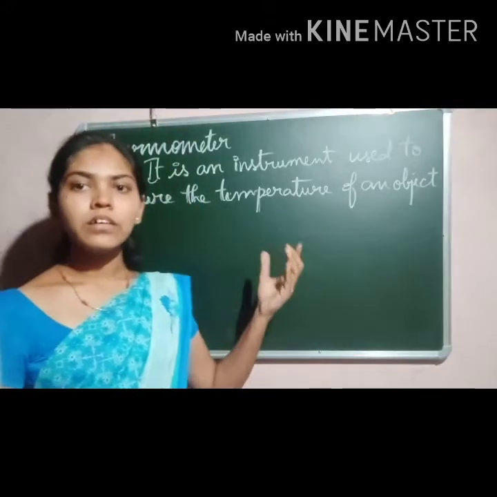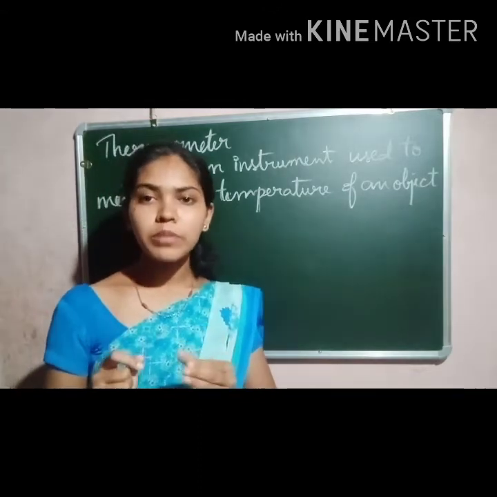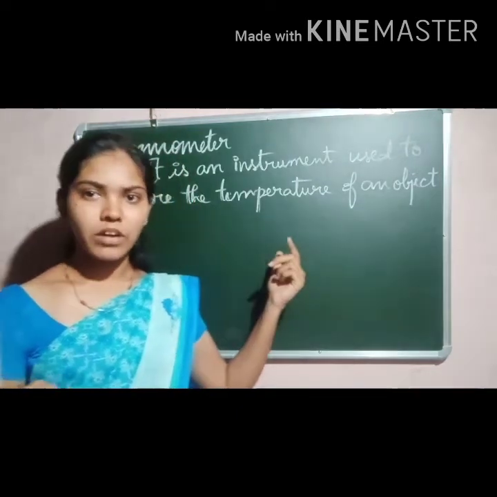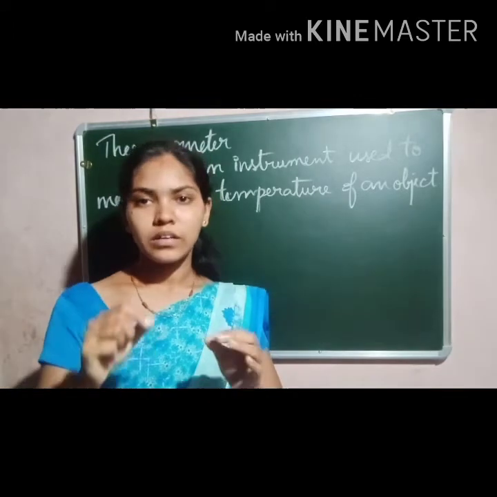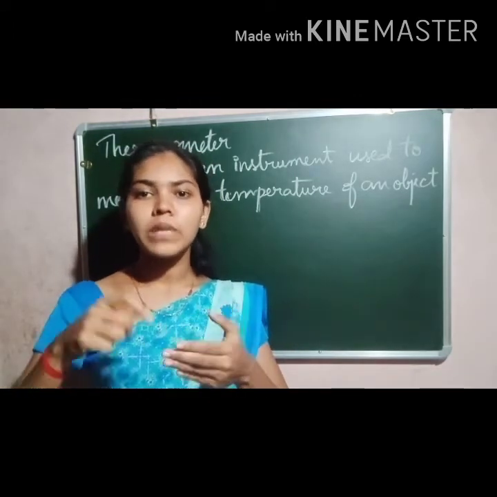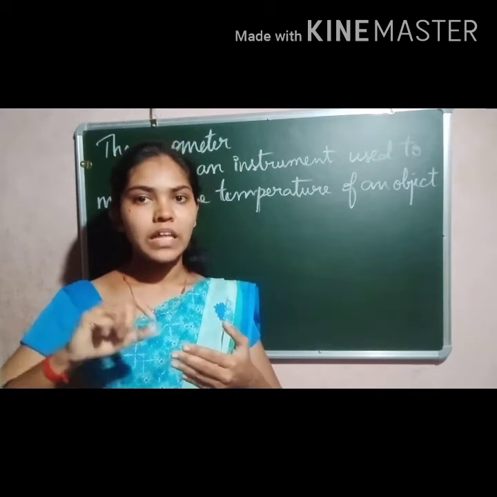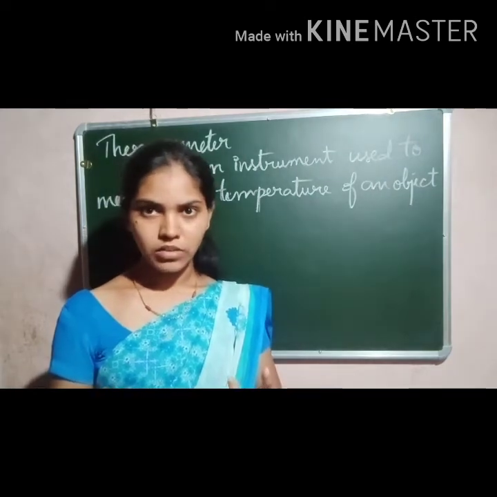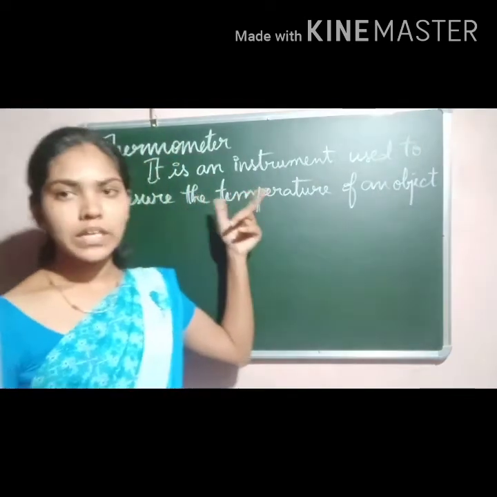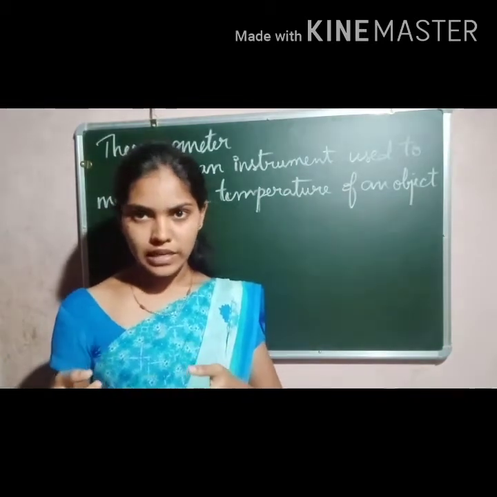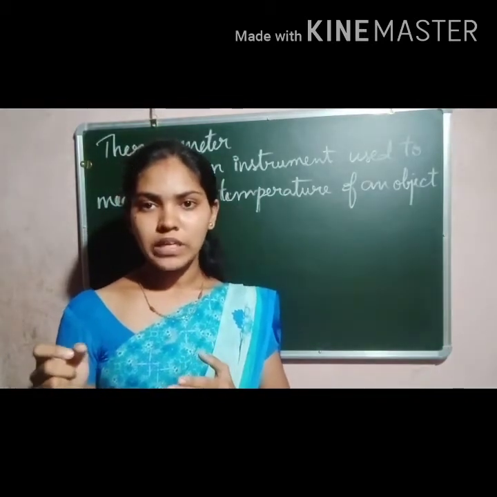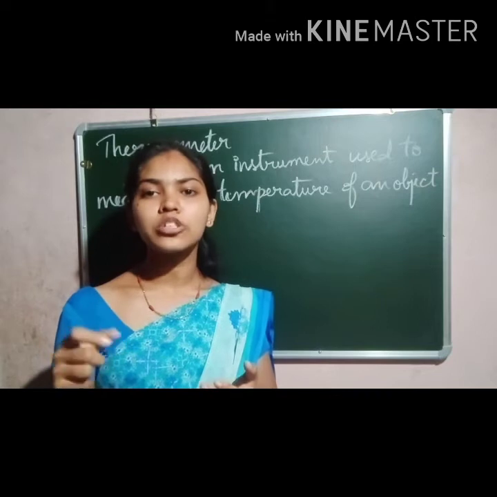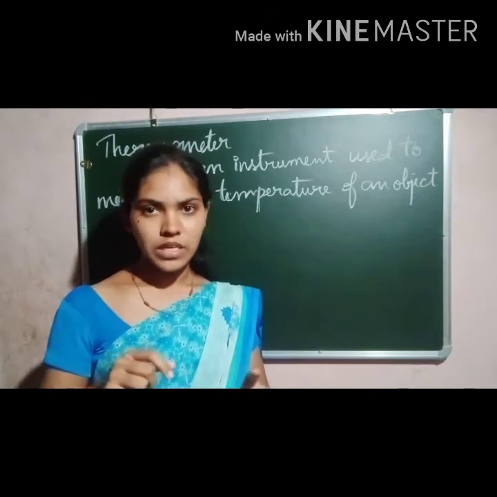And this thermometer has some material which has a physical property that determines the temperature of an object, and it varies uniformly when there is an increase or decrease in the temperature of the object. So these thermometers have some materials in them with some physical property, so whenever there is a difference in temperature, it can be made out. That shows the difference in temperature of an object.